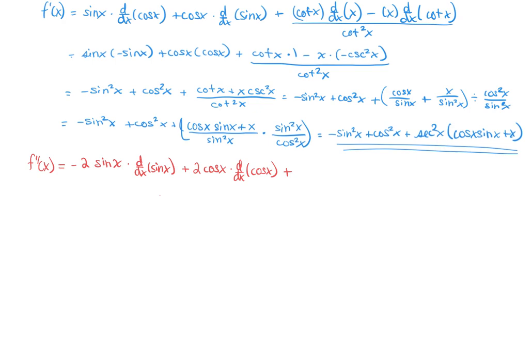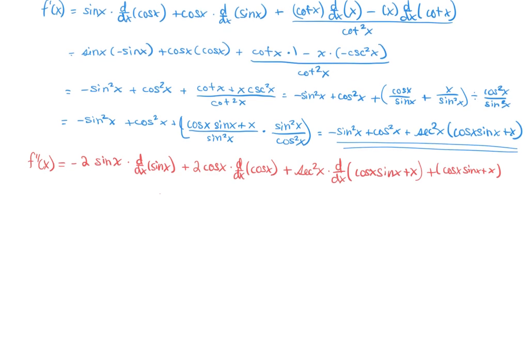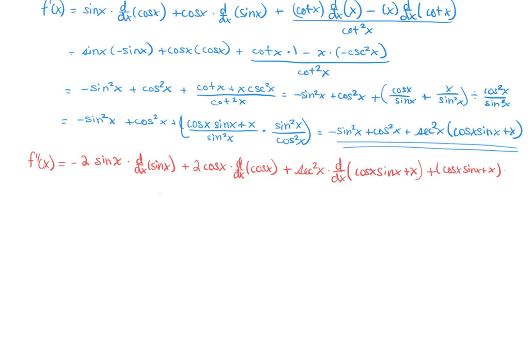So we're going to do the first, which is secant squared, times the derivative of the second, which is cosine x sine x plus x. And you see within that, we're going to have a product rule. Plus the second, cosine x sine x plus x, times the derivative of the first. So let's see if we can fit it in there. Times the derivative of secant squared. There, I think we fit it. So we end up with negative 2 sine x times cosine x plus 2 cosine x times negative sine x